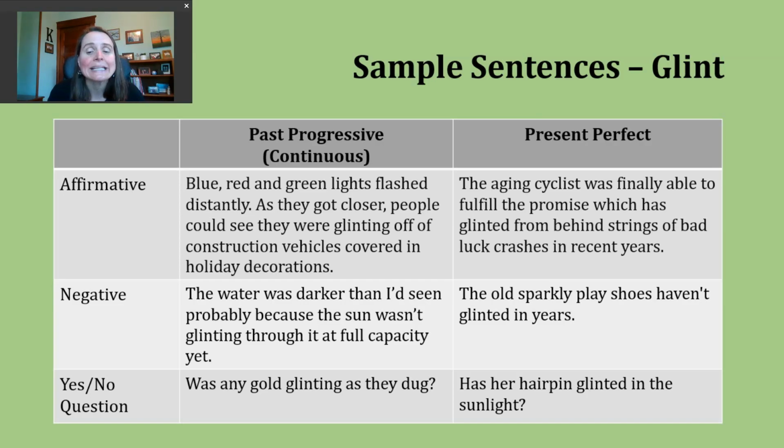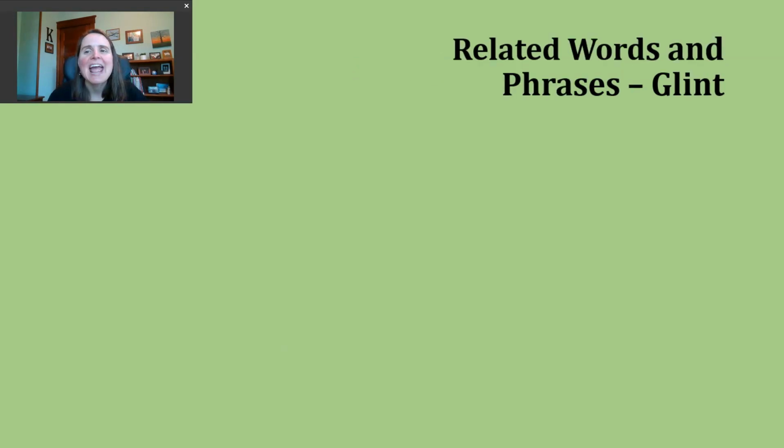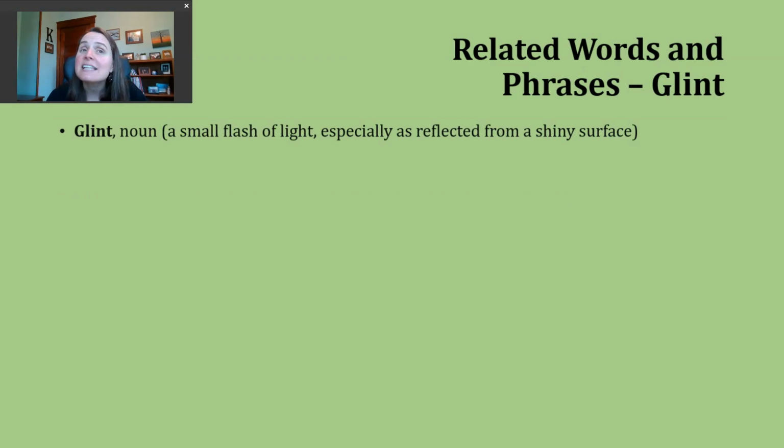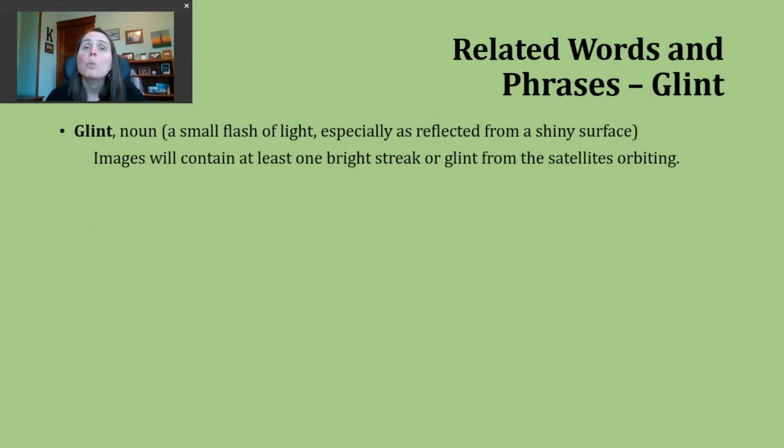Has her hairpin glinted in the sunlight? Right? So it might be an example of sort of asking at any point in the past leading up to this moment of the question. Now let's move on, and we're going to talk about a related word and a phrase today. Let's start with the noun form of our verb. So the noun glint has the exact same spelling and the exact same pronunciation as our verb. When we use this word as a noun, we're referring to a small flash of light,